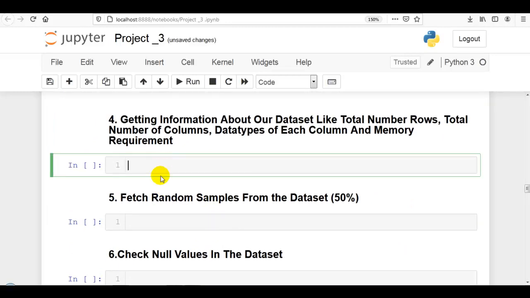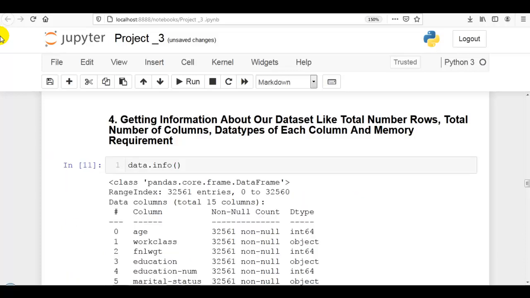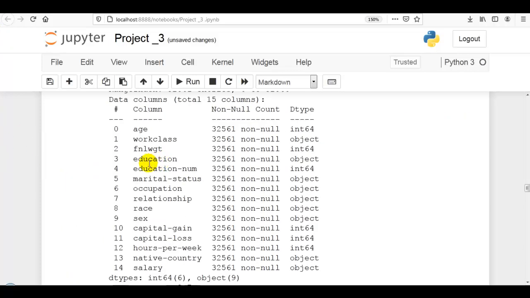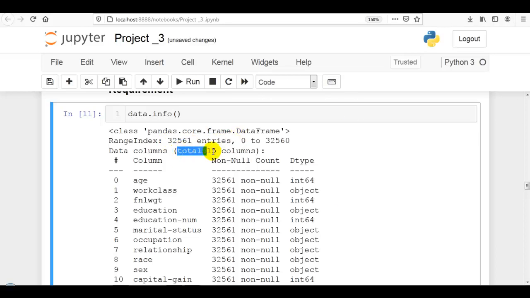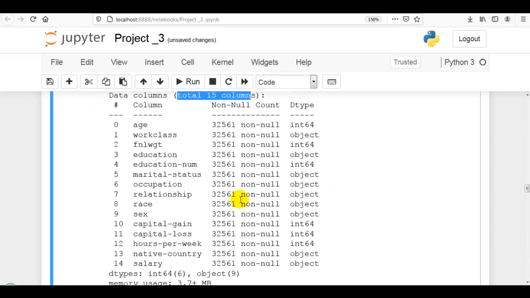Now next question. We have to get information about our dataset like total number of rows, total number of columns, data types of each column and memory requirement. That we can do with just one method, the data.info method of a pandas data frame. Let me execute this cell. As you can see over here, we have these many rows, these many columns, and you can see the data type for each column.